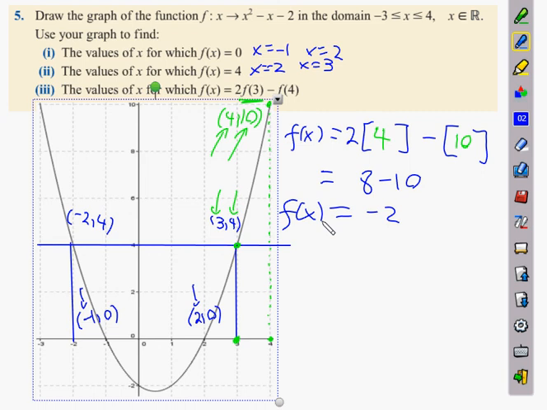Now what does this question mean? Output is minus 2, find the input. Where is the output minus 2, y-axis or x-axis? Y-axis. Where's it located? Down here. And what's that going to be? It's 0, minus 2 and 1, minus 2. And what are the two inputs? 0 and 1. Okay, let's